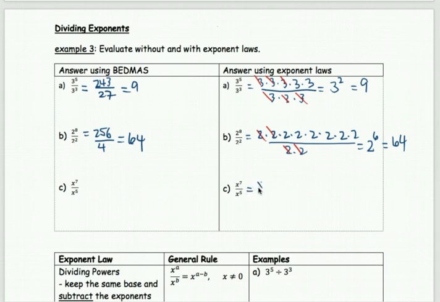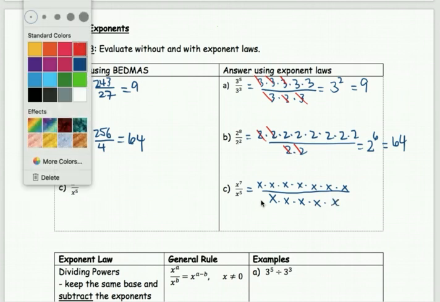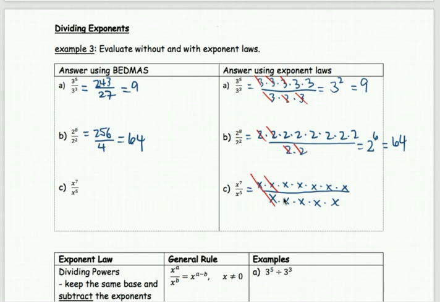And then here, so writing the x. This is why we don't write the multiplication symbol anymore, because if we had all these x's plus all the multiplication symbols, it would have been really messy. Okay, so I have 7 x's there, and I have 5 here. Right, so we're canceling them out, 1 for 1. Okay, so that leaves me with 2 left,